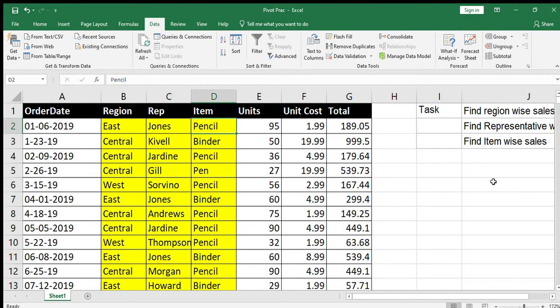Then I will try and understand which item has been getting sold revenue wise. Okay, so now the item I can use actually as a unit number because obviously the costs are varying.